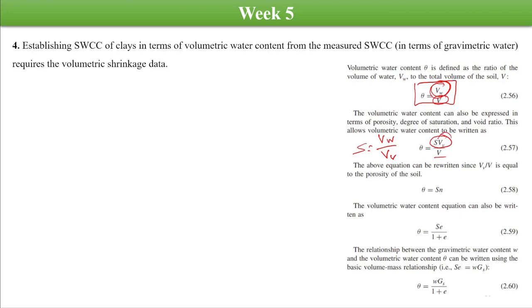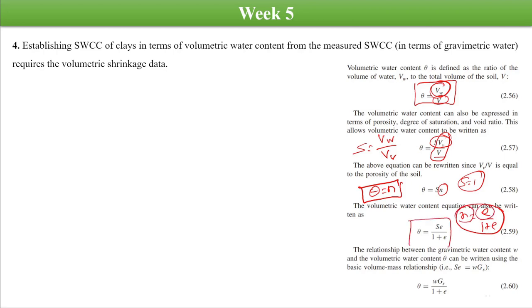Okay, and the volume of the void divided by the total volume can be written as the porosity. So if S is equal to 1 at saturation, the volumetric water content is equal to the porosity. But what we want to see here is that if we put the value of n as e upon 1 plus e, and that is the basic relationship between the porosity and the void ratio,